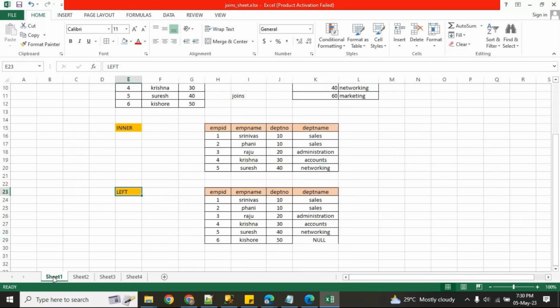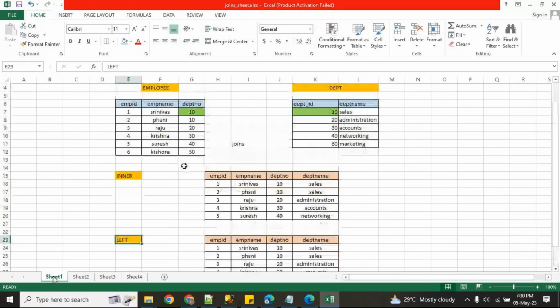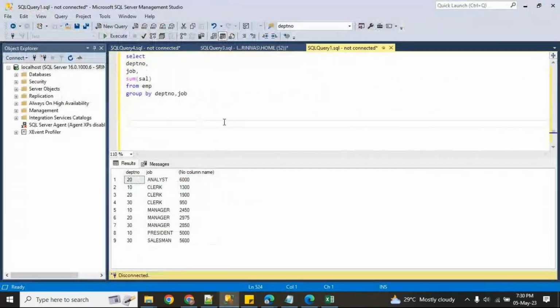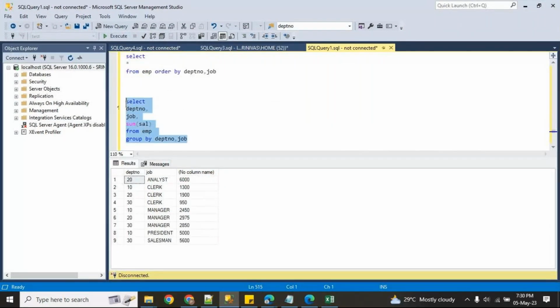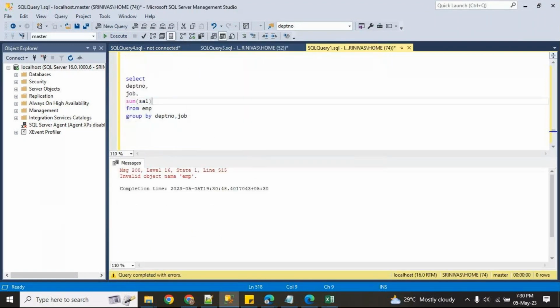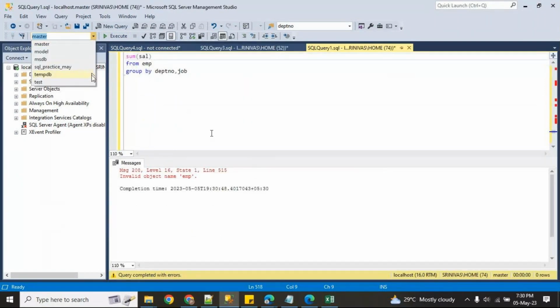So first let's go for the practical. Right join is the reverse only. Let's go practical. It is disconnected, so it will be connected. I'm connecting to the DB I created on day one.